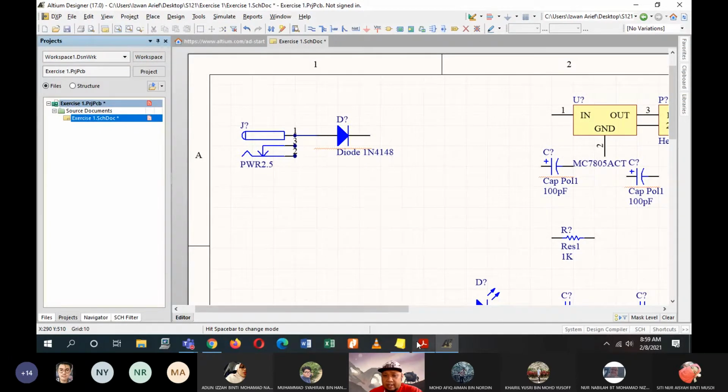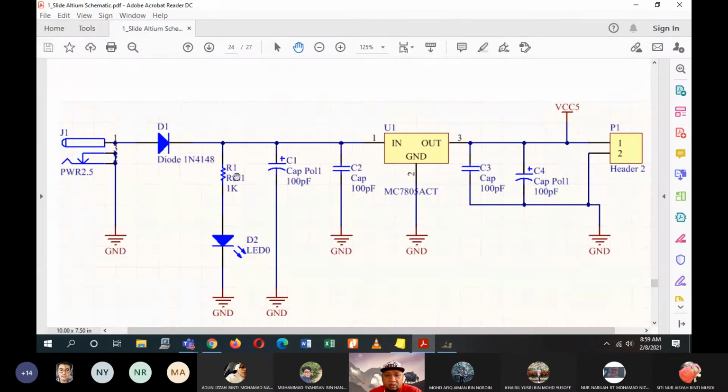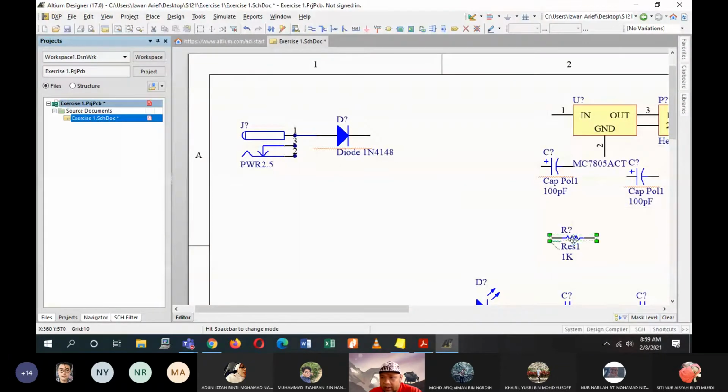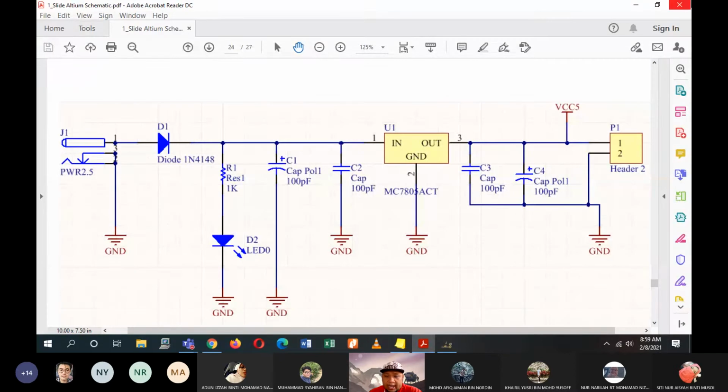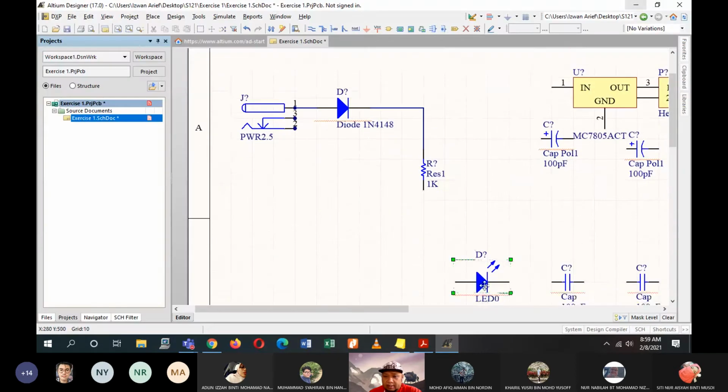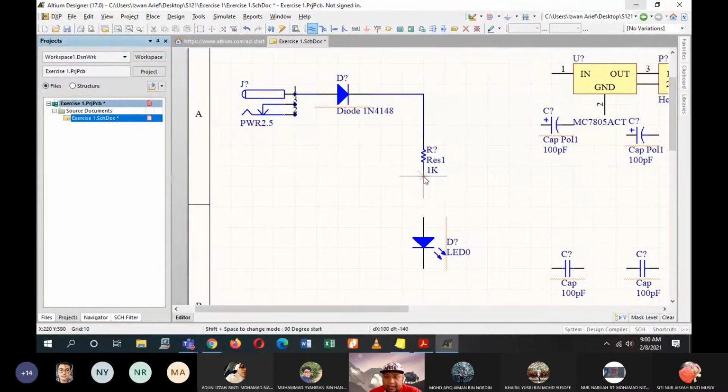Alright, so this is my first connection and then it will be connected to R1. R1 is vertical. So R1, where is R1? This is my first resistor. I rotate them and then place the connection, and then what else? It will go to the LED, which is here, this one. I rotate until it is placed as how it should look like, and then place the wire again.